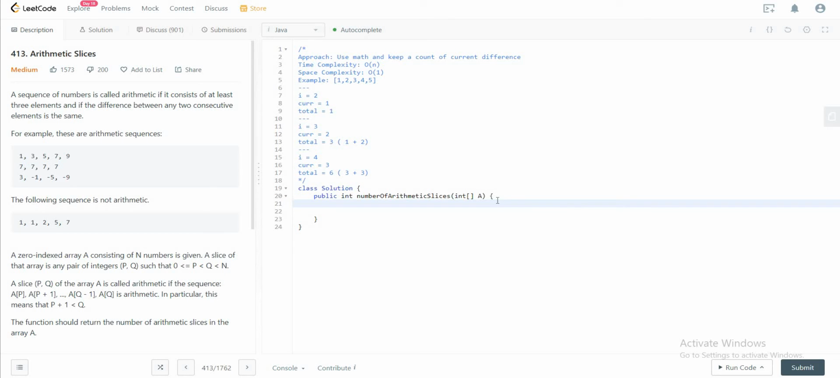So let's quickly write this in code. It's honestly not too hard once you get the idea in your head. So let's get the size first, so a.length, and we'll have current, which we'll keep to be 0, and we'll have total, and we'll have that to be 0 as well. And then we have the for loop, which starts with 2, goes all the way to the end of the array,